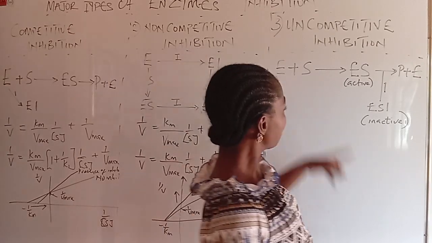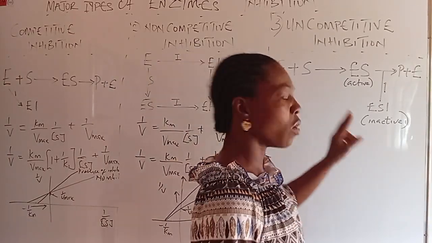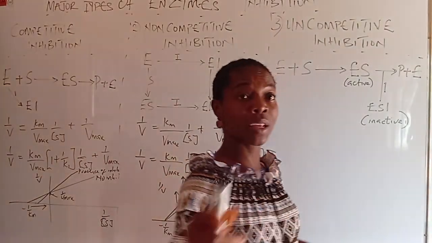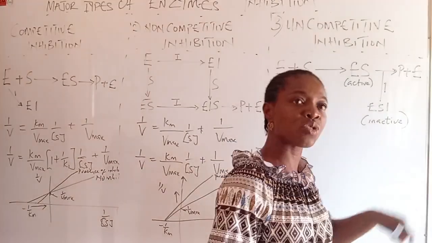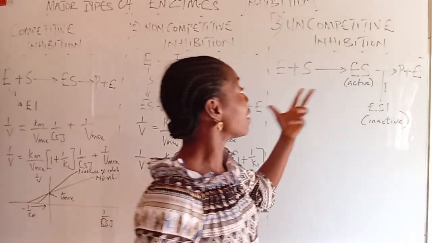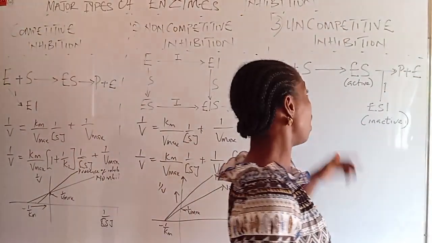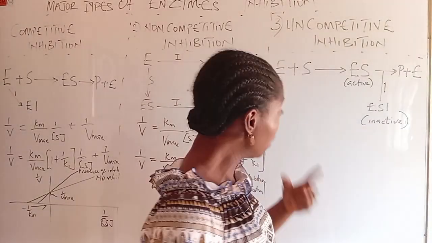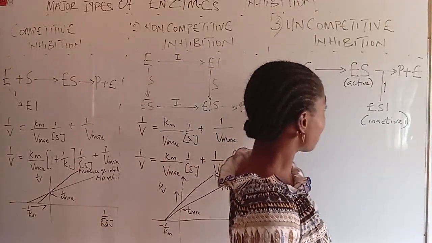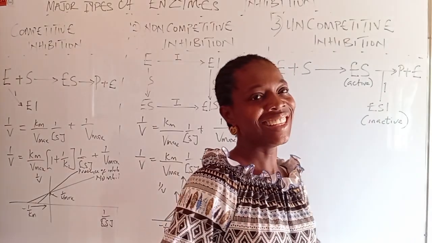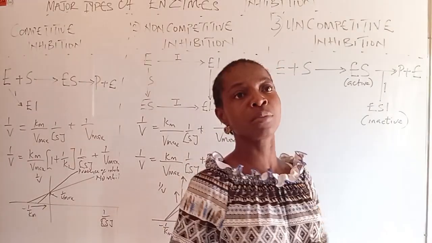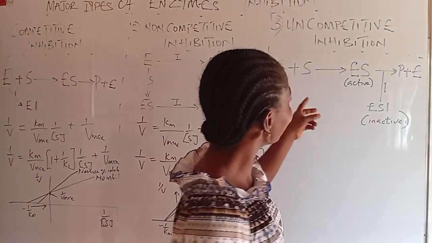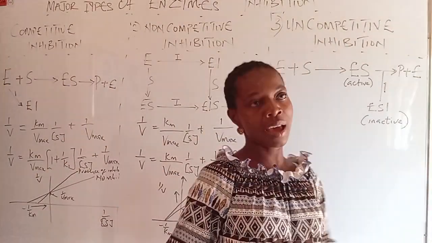Why? In this type of inhibition, the inhibitor cannot bind to an enzyme unless the enzyme substrate binds to it first. Which means that even the binding site of inhibitors of this kind are not available on the free enzyme, but only become available after the enzyme binds to its substrate. So there's no way to bind until I bind to my substrate, then you can come and bind. So because there is no form of competition at all between enzyme, substrates, and inhibitors for the enzyme, we call it